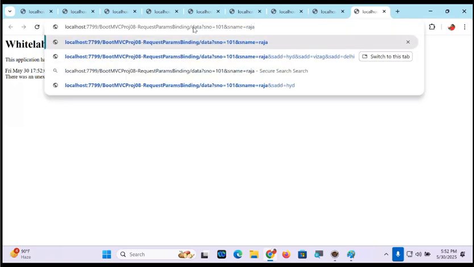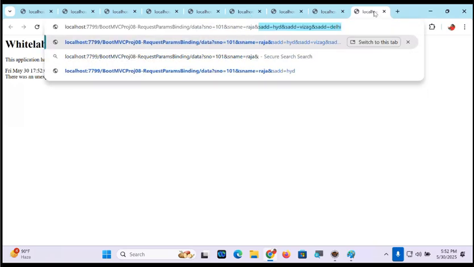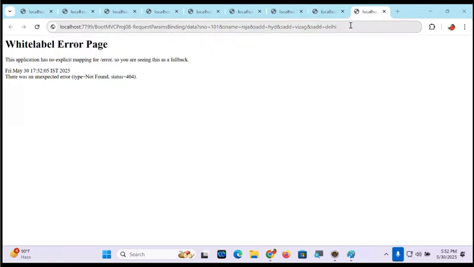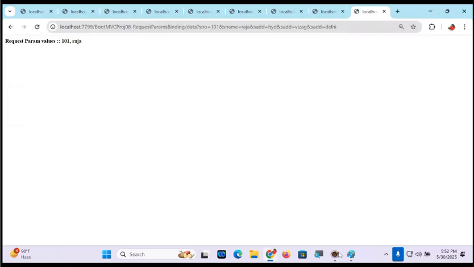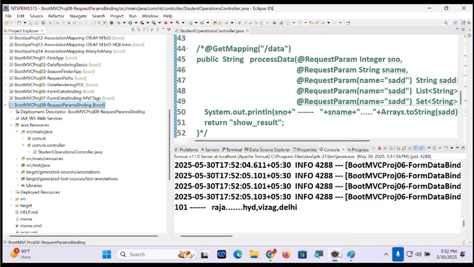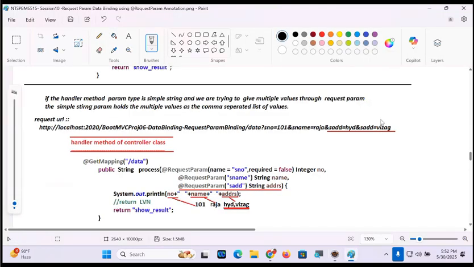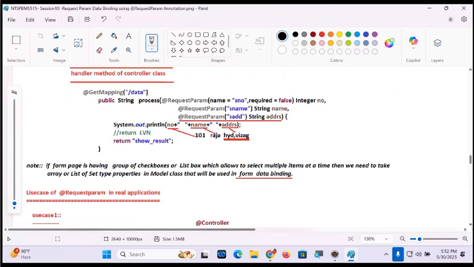Okay, this is done. Enter. Okay. Multiple values are coming as a comma separated list of values or not? That's good. They're coming as a comma separated list of values.